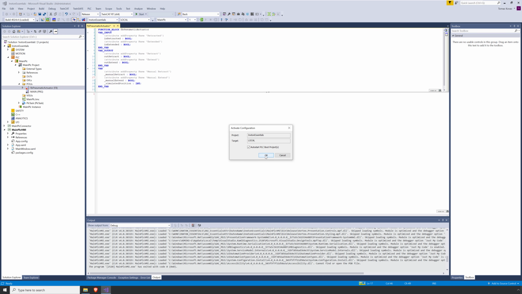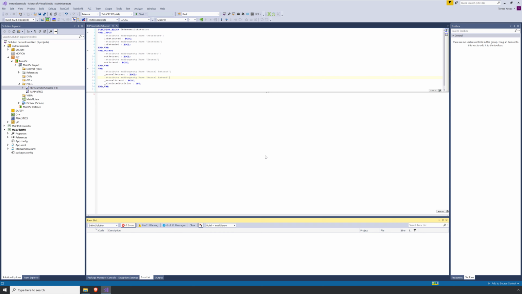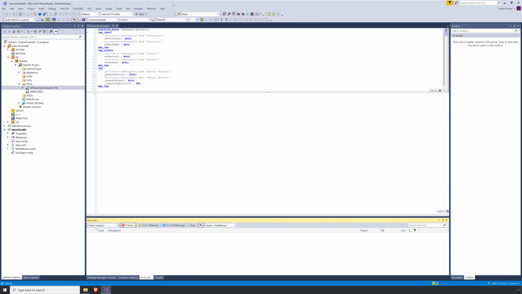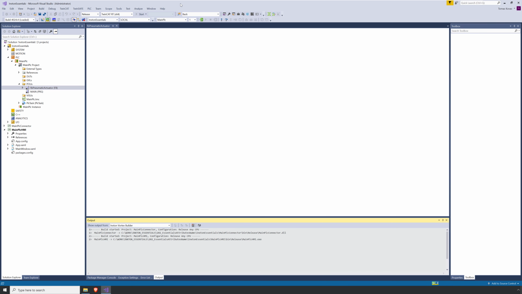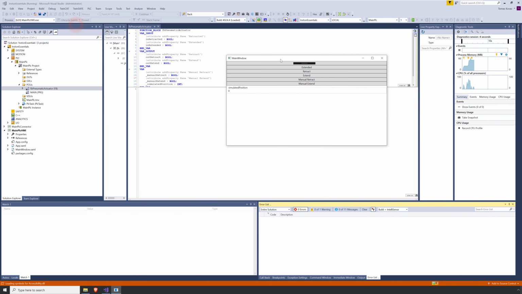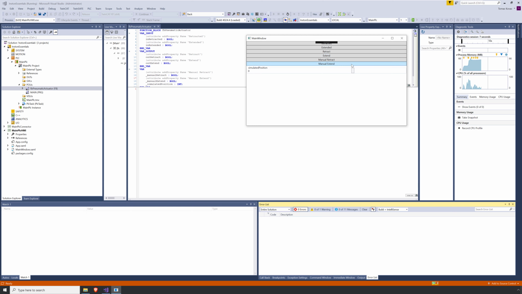OK, so activate the configuration and start the PLC. This also automatically saves all changes in the PLC project. Run the Inkston builder and start the application. You can see now the same layout but with different content of each button. Texts in the attribute name could also be localizable, and we will show this feature in some next video tutorial.